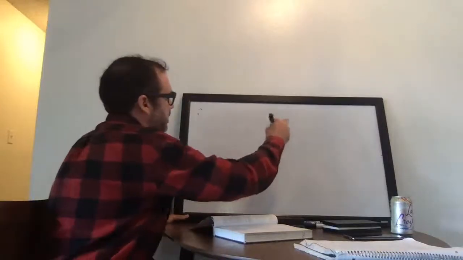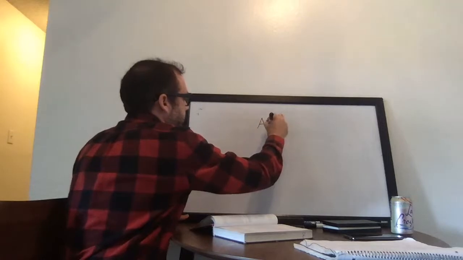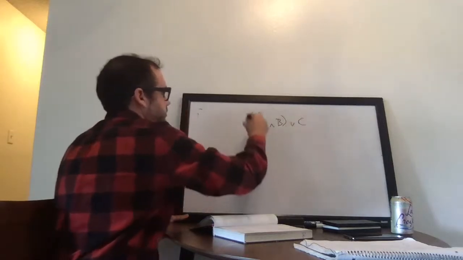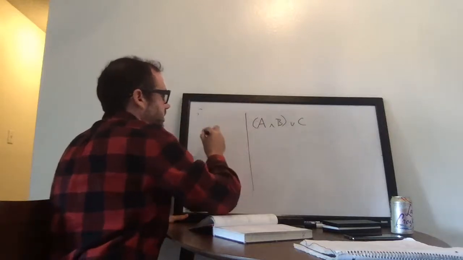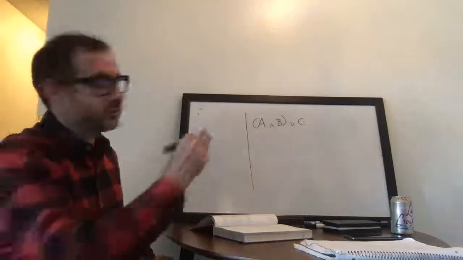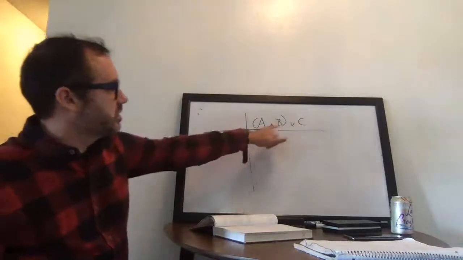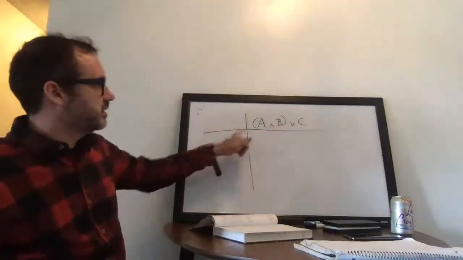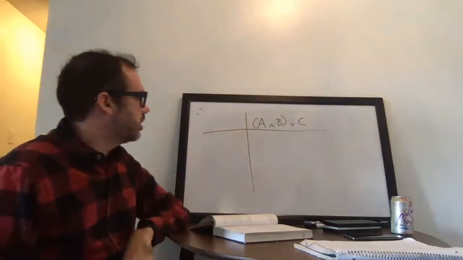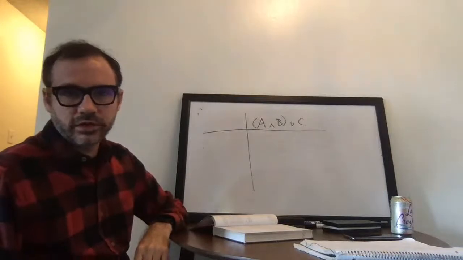Suppose that I have a statement like this: A and B, or C. Now, to create a truth table for this expression, we have to draw a cross. So we begin by drawing a cross. And the expression that we want to analyze is at the top right of the cross in that quadrant that you see there. Now, before I continue to create the truth table,